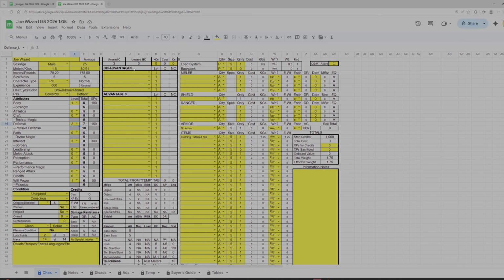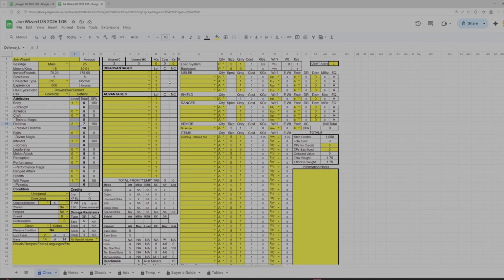Now, you'll see that peculiarities are broken into disadvantages and advantages, and that disadvantages are limited to 5. Over the many years of playtesting, we discovered that any more than 5 disadvantages was very difficult for the game master to keep track of. And more than that, limiting a character to 5 disadvantages forces the player to really think about what disadvantages make the most sense for his particular character, rather than just taking a string of disadvantages just to earn additional combat